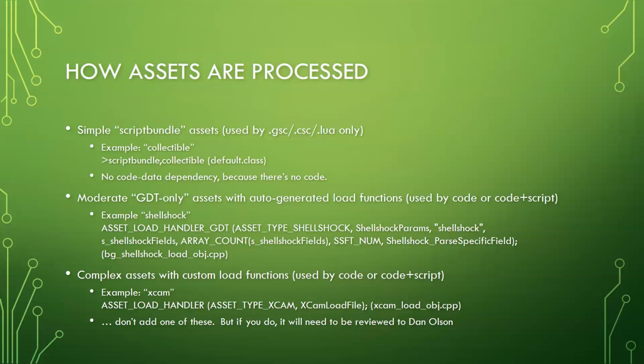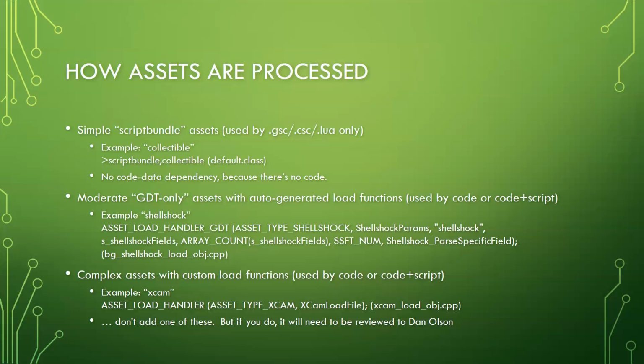So an example, okay, so I did break down code assets into two different categories. The first category is the moderate asset that is just defined by GDT. So for example, Shellshock is loaded. I'm going to show you the code, but this is the main piece of code that the linker uses to figure out how to load in a Shellshock asset. So it's one line of code, including a static array that I'll show you how to write, and then it has one line